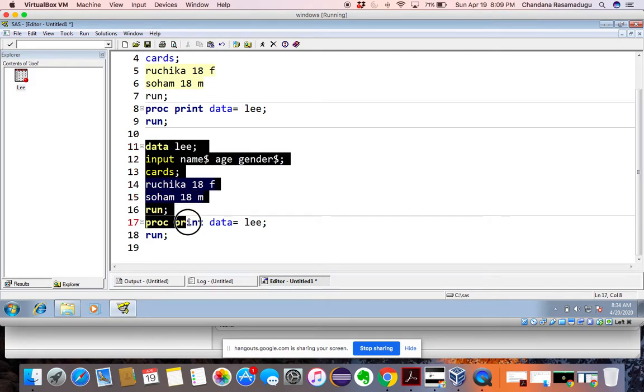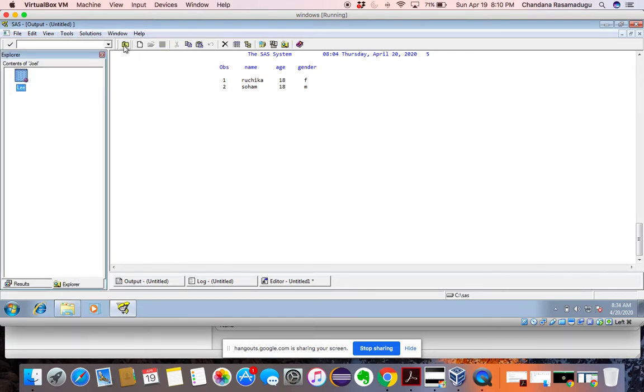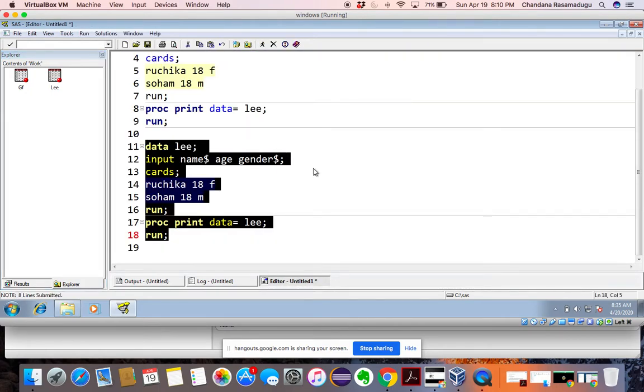Now I will run this program. Now go to Explorer. Now here it's created in the work library. So this is one-level naming. This is how we create libraries. This is one method of creating libraries.